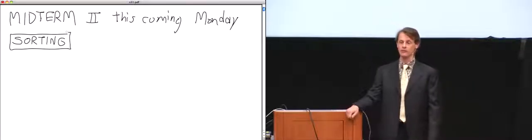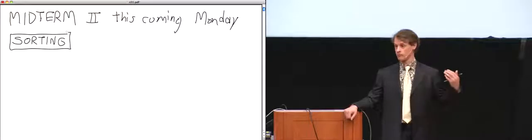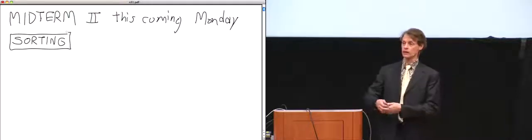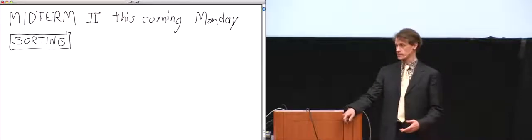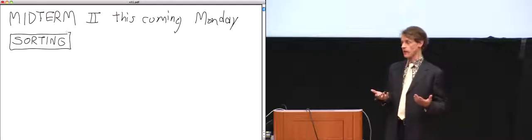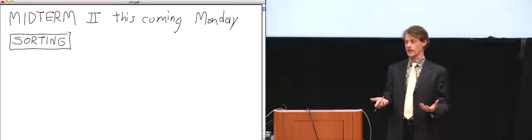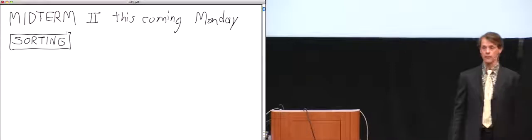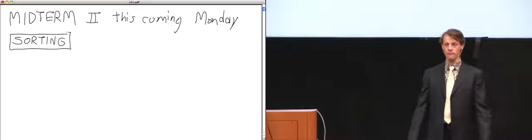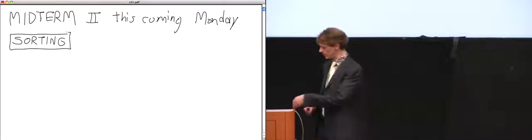We have already seen one example, and it's just one among many, of an algorithm that uses sorting for maybe a non-obvious reason. On Monday, I talked about Kruskal's algorithm. You'll recall that Kruskal's algorithm for finding a minimum spanning tree of a graph, one of the things it does is it takes all the edges in the graph and it sorts them by weight. It's not that we want sorted edges, we want something else, but sorting the edges is a means to get to what we really want, which is a minimum spanning tree. And there are many, many other algorithms where sorting is part of accomplishing some bigger goal.